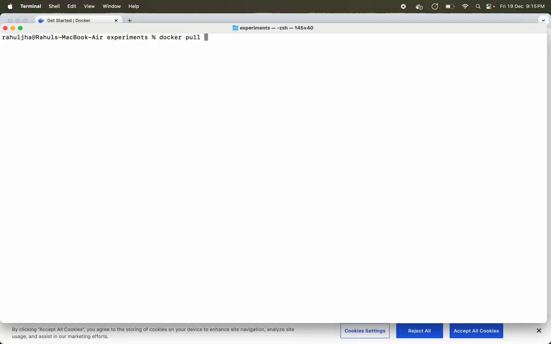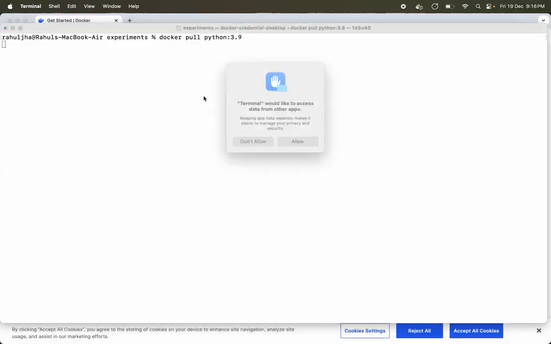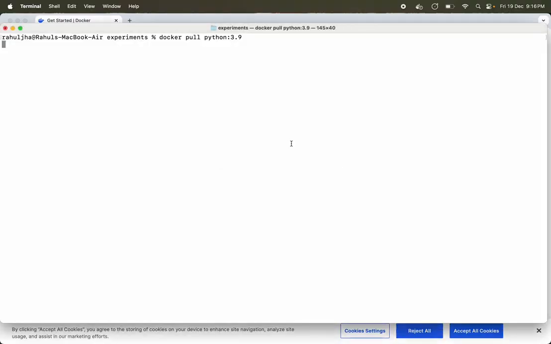What pull allows you to do is pull images, and in Docker terminology, an image is just an artifact which has both an operating system and the runtime. So here the runtime is Python, and it can be used not just for Python, but other services as well, such as Node, Nginx, and things like that. Okay, so let me pull Python and specify version 3.9. If I hit enter, it will ask me to allow this download, and it will start pulling from library Python.